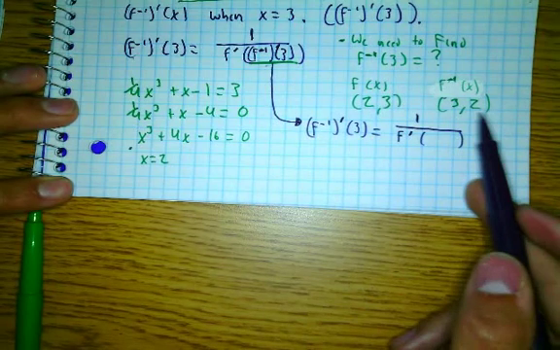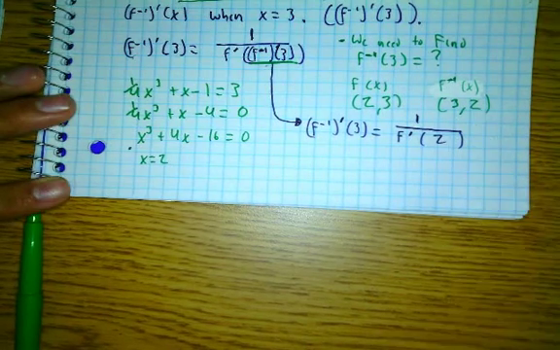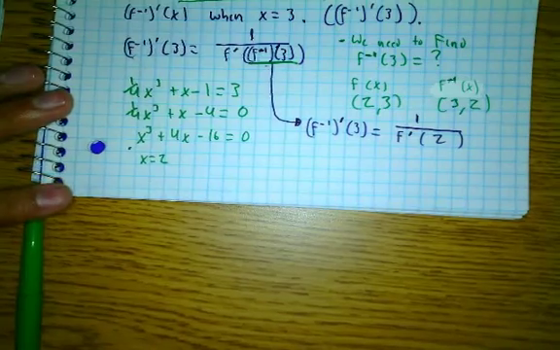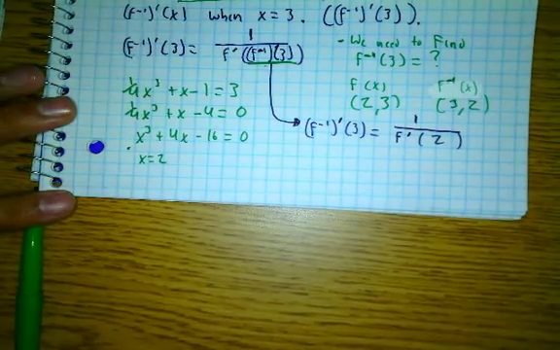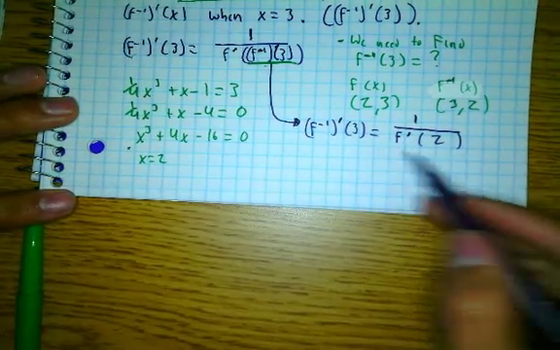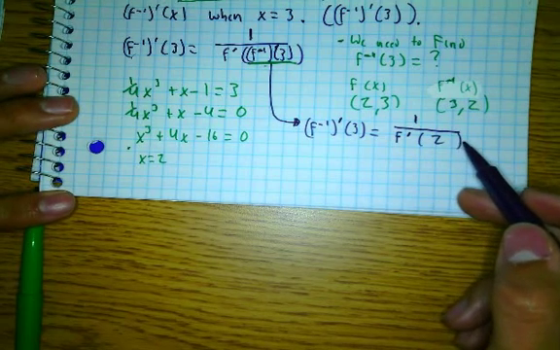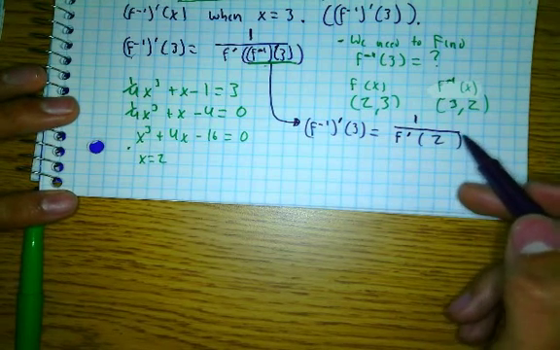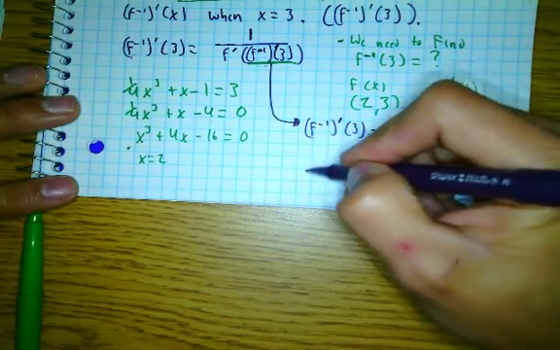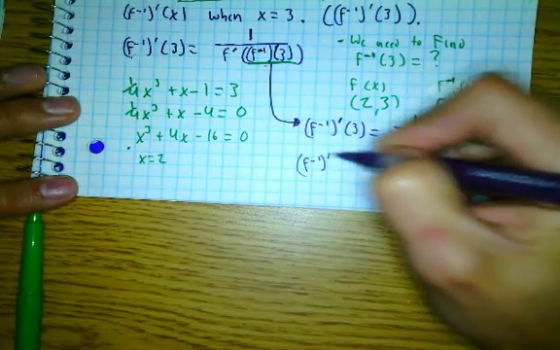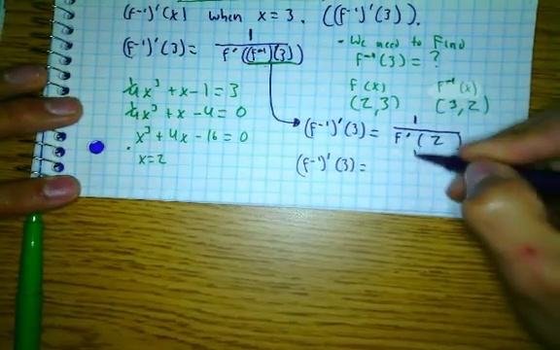You guys with me? Okay. So then, do you have the derivative of the original function? You don't, but you can easily find it. You guys agree? So I'm going to say the derivative of the inverse function at 3 would be 1 over,